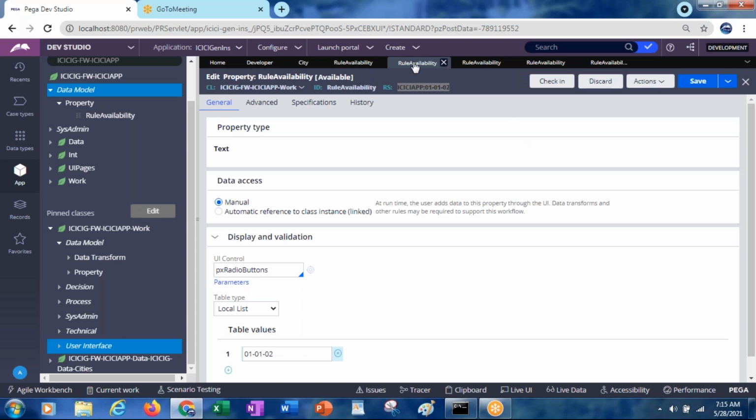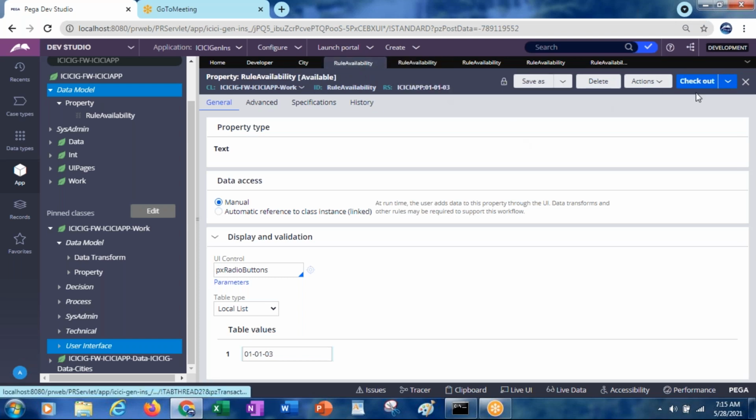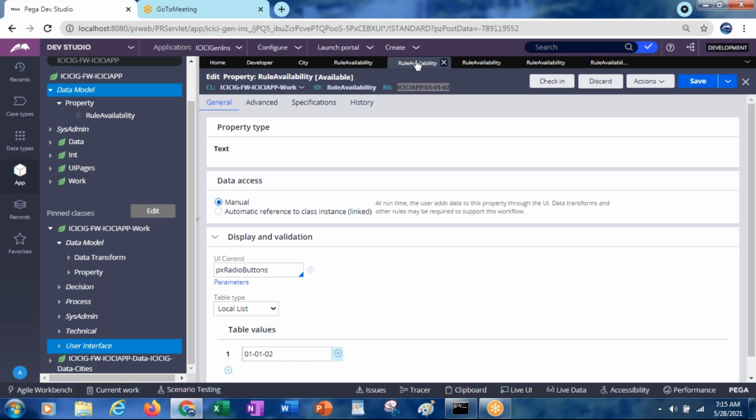Okay, sorry, that is checked in. 010103 is checked in, and 010102 is in checked out mode. If it is in checked out mode, it will take from your checked out version. Check in this as well.